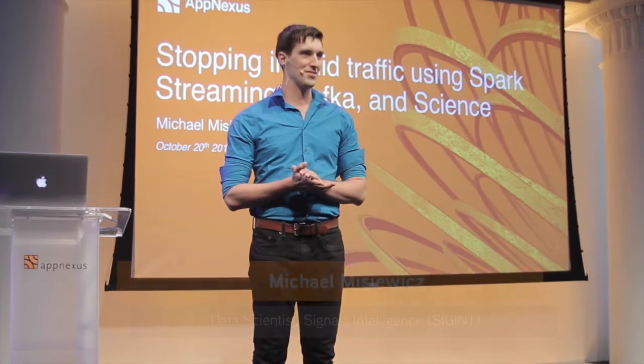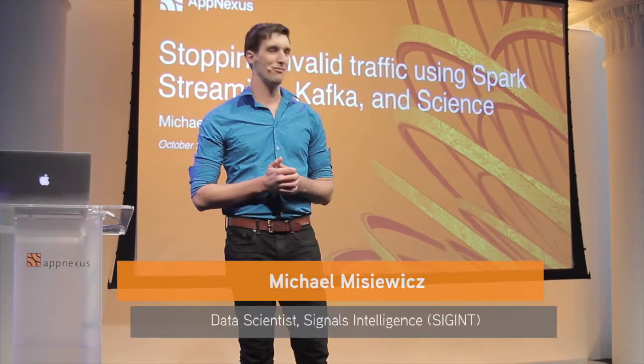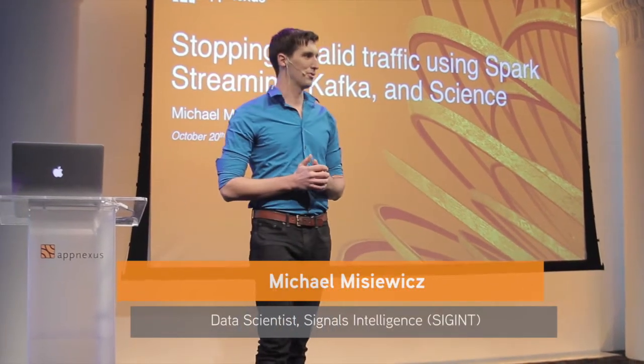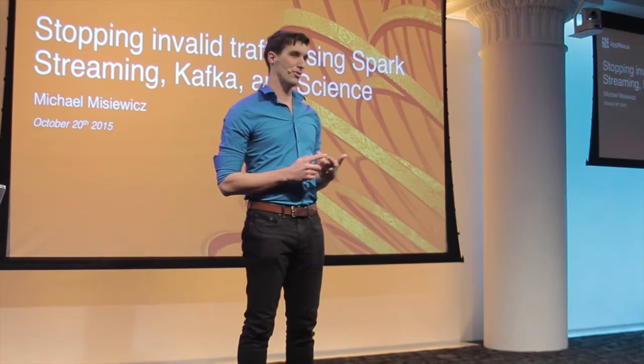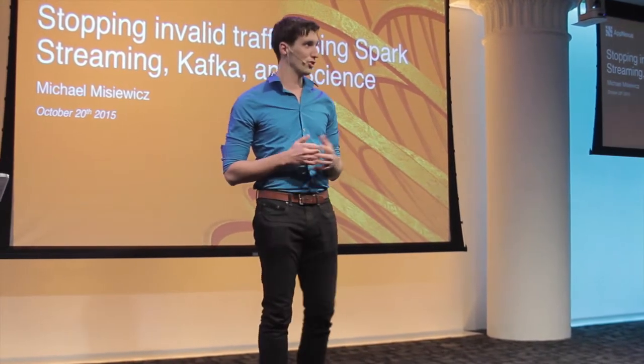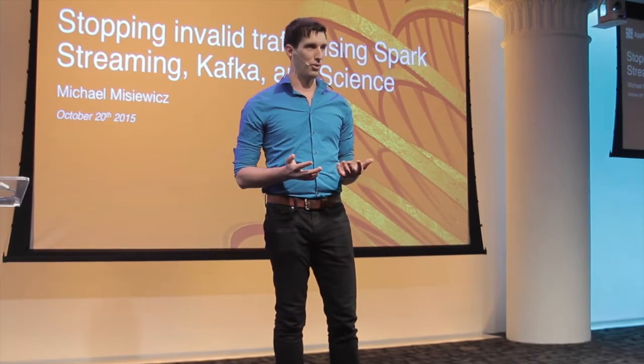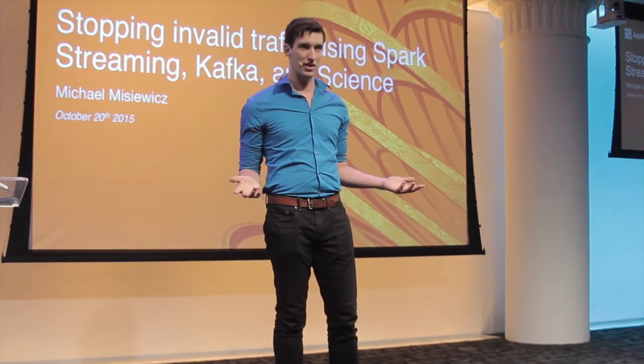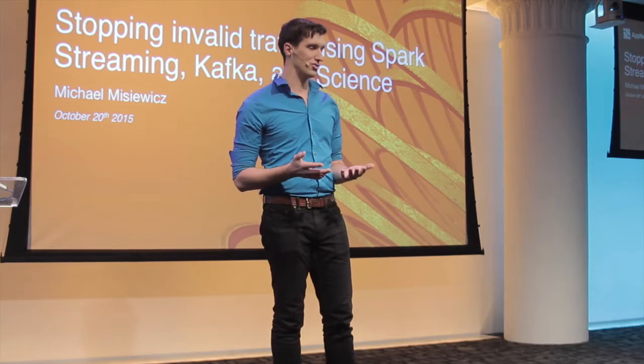I'm a data scientist here at AppNexus, and I research invalid traffic and all sorts of other bad things that happen on the internet, and I get to use computers to try to find it. So I'm going to talk to you a little bit today about some of the ways that we're looking at the problem, some of the findings we've had. I've got some results to show you. I'm going to go through how it all works and describe the technology a little bit, and hopefully you'll all find it interesting.